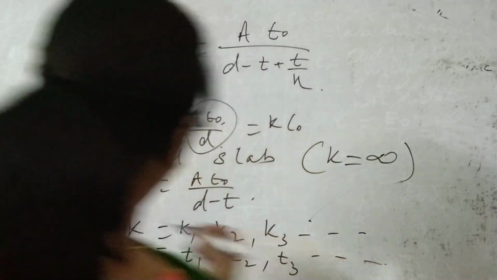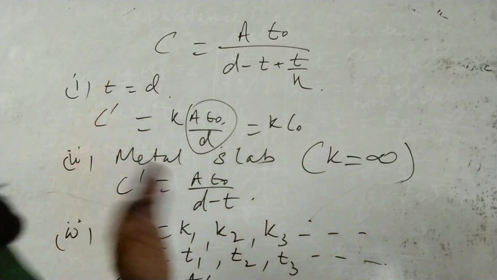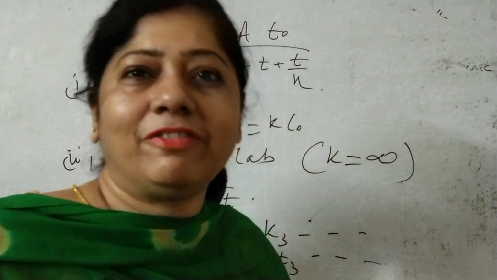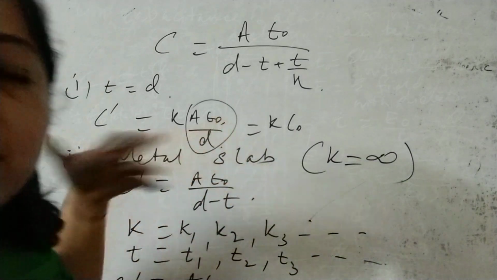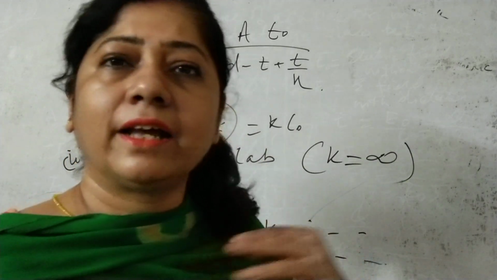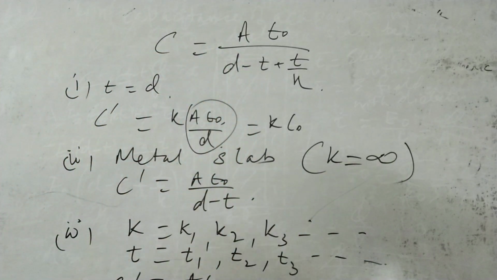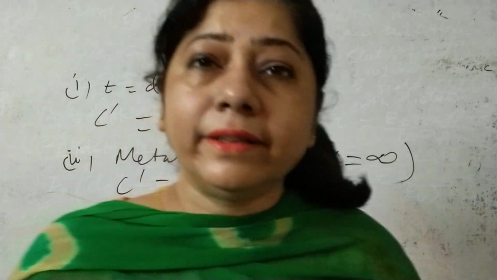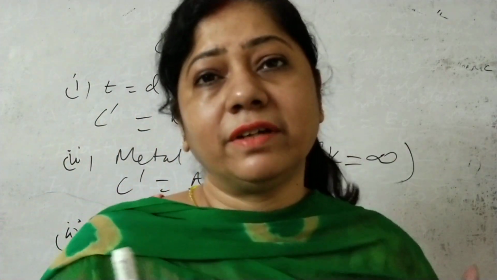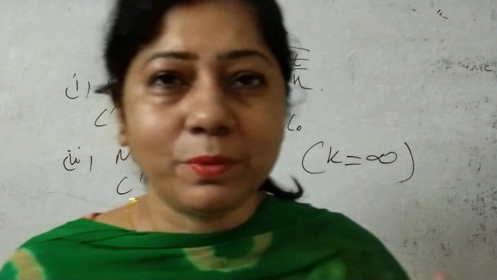So this is the way we have the conditions when the capacitor is completely filled with the dielectric. We have this relation. The second case we have taken is that the capacitor is filled with a metallic plate. We have this relation. And the third case is when you put dielectrics of different materials, and these slabs are of thickness T1, T2, T3. So we have this condition. I hope you have got it.